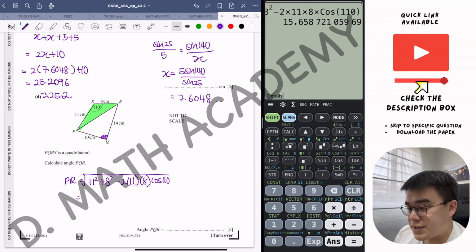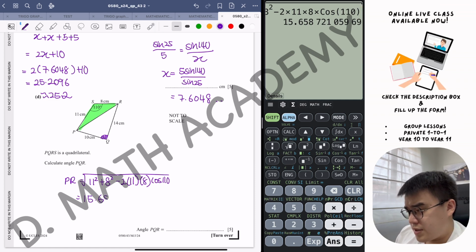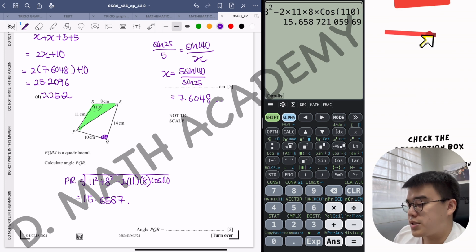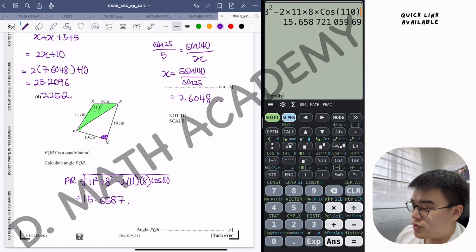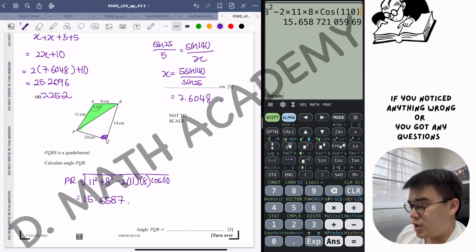Okay, forming the answer as 15.6587. Okay, 4 decimal places first, to keep my answer as accurate as possible. So if you were to repeat the same thing, these answers that we have are actually equivalent to